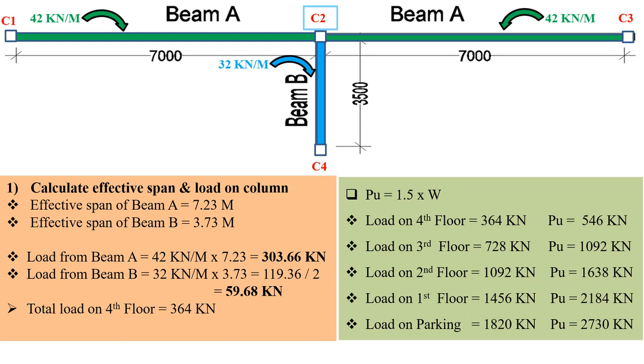The first thing, as per our design step, is to calculate the effective span, and the load on the column. The clear span is given as 7 meter. For the effective span of the beam, I have a support of 230 mm on both sides, so I take half from one side and half from the other side. So the effective span becomes